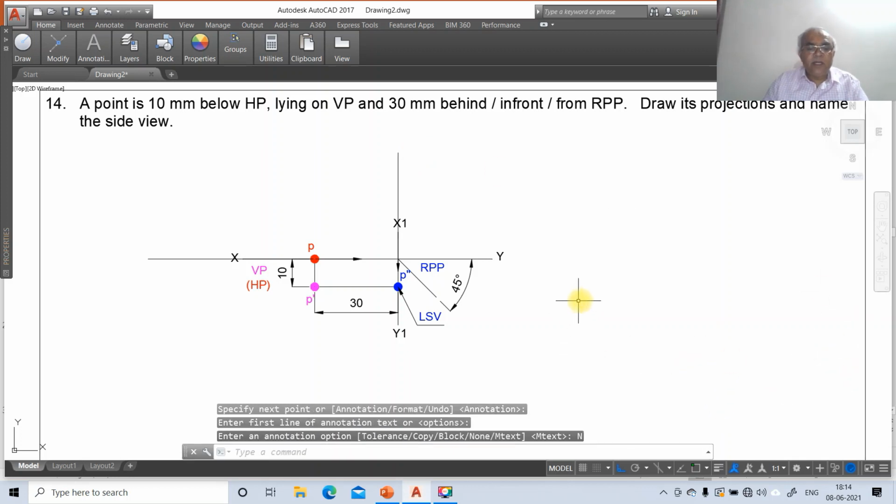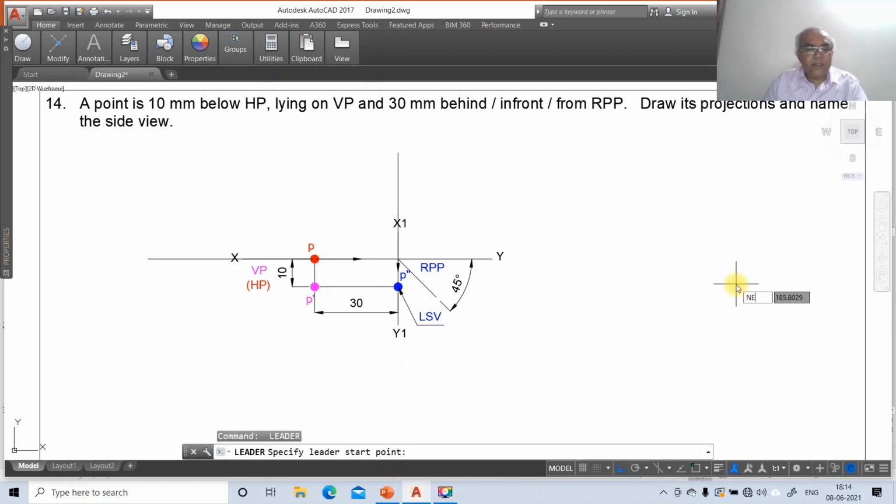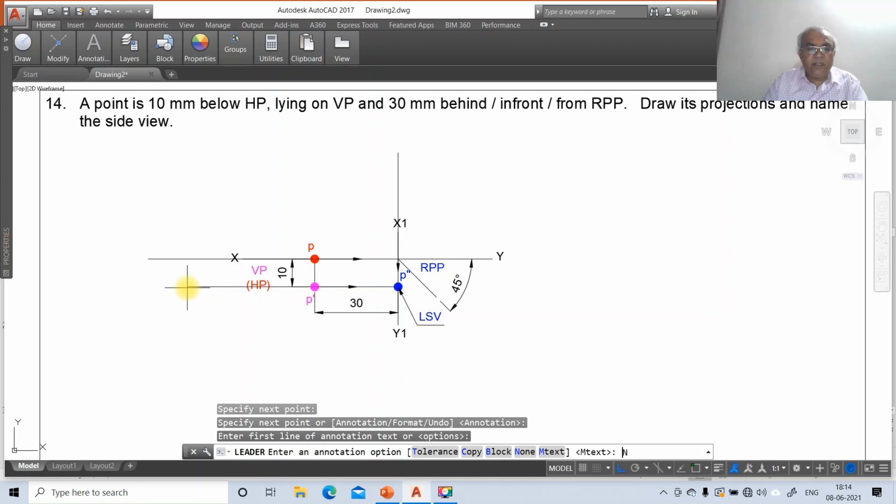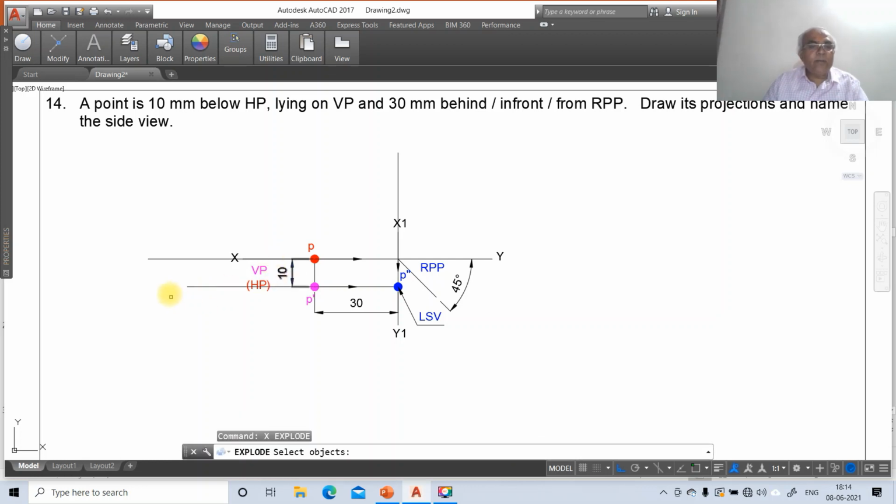Then leader, nearest, from here you take it on this side, annotation option none. Then go to explode, select this line, and select this line, and then erase this line, and erase this line, and erase this line. So this is how you will be able to solve this problem in AutoCAD for the fourth quadrant.